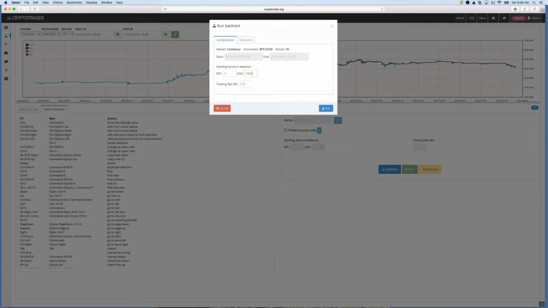To start it with 1,000. I always run it without trading fees, and you'll see in a moment, Simple and Short actually has another place for trading fees that it does all the calculations to keep track of it in the output for you. But I found that depending on the market, the behavior on trading fees in backtesting,